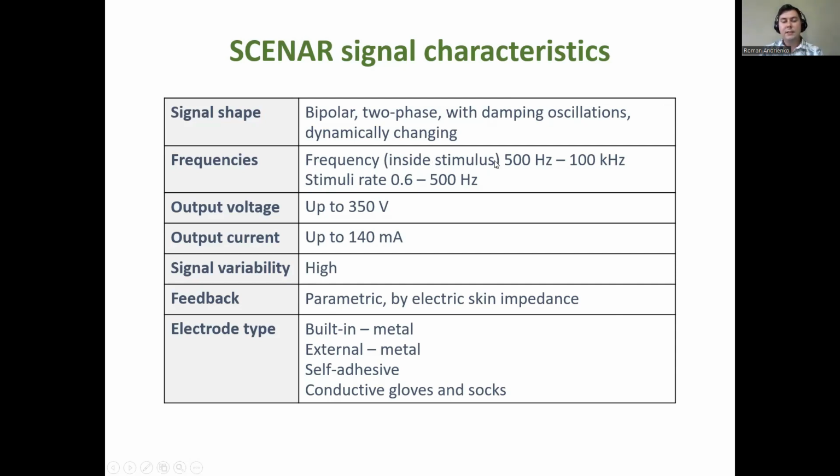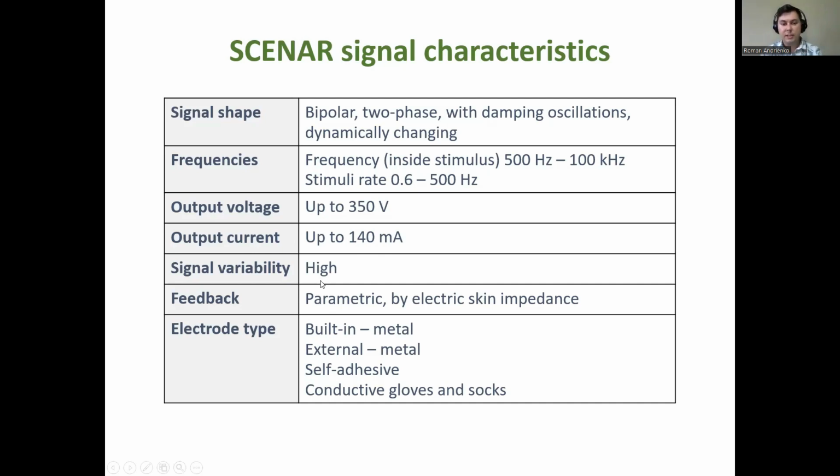Here is the frequency range inside the stimulus, which is pretty high, from 500 hertz to 100 kilohertz. And the stimuli rate is 0.6 to 500 hertz. There is a certain difference, because there is a frequency inside the stimulus and the stimuli rate, which you can control in the menu of your device, and which is called frequency in there. We have relatively high output voltage, relatively high output current,